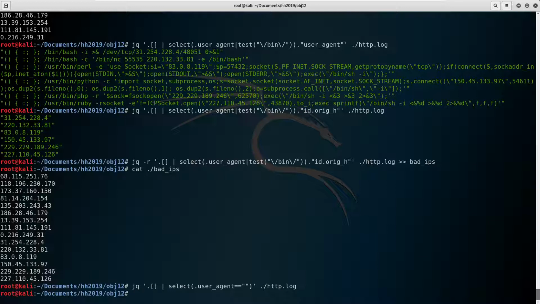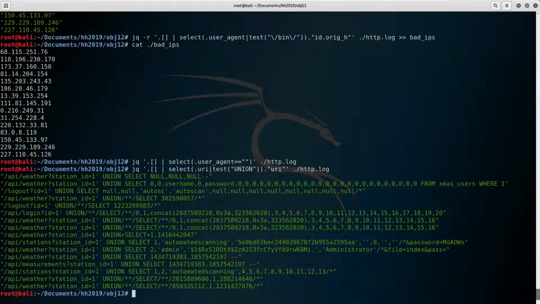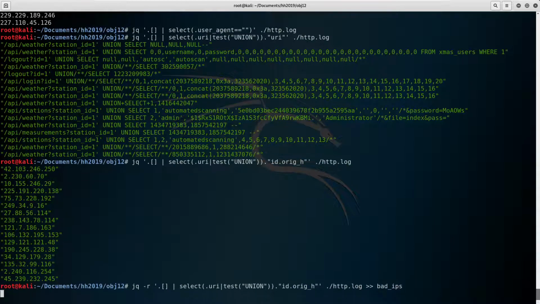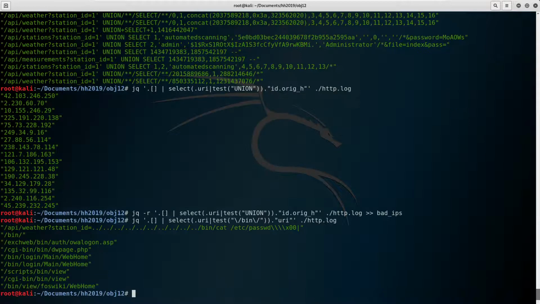The dataset contains both GET and POST requests, but POST data itself isn't captured. It does, however, record input data for GET requests in the URI field. So let's check that for SQL injection and shell injection. A search for the UNION SQL keyword brings back a bunch to block, so we'll add these IPs to our naughty list. Applying a similar tactic to identify reverse shell attempts on the URI field throws back many things that